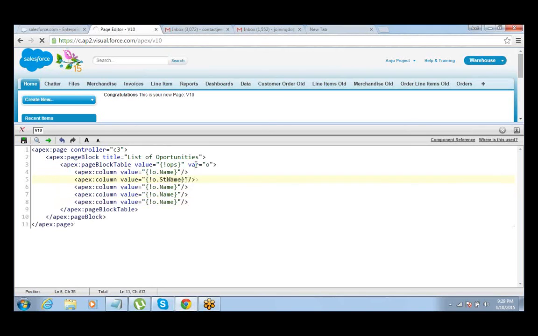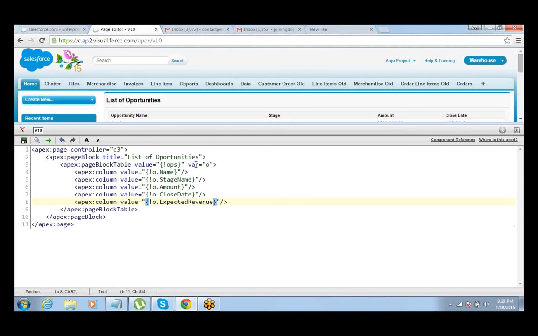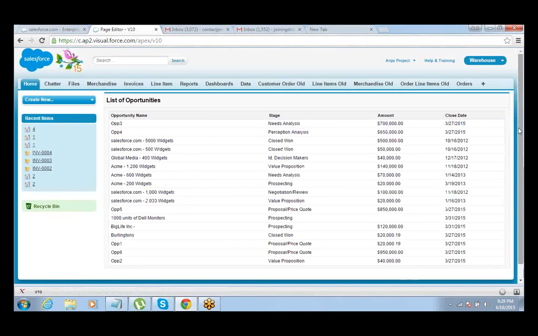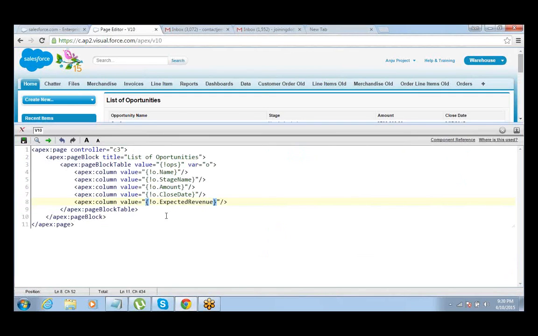Name, then I have stage name, and then amount, close date, and expected revenue. That's it. So this is how we create this.